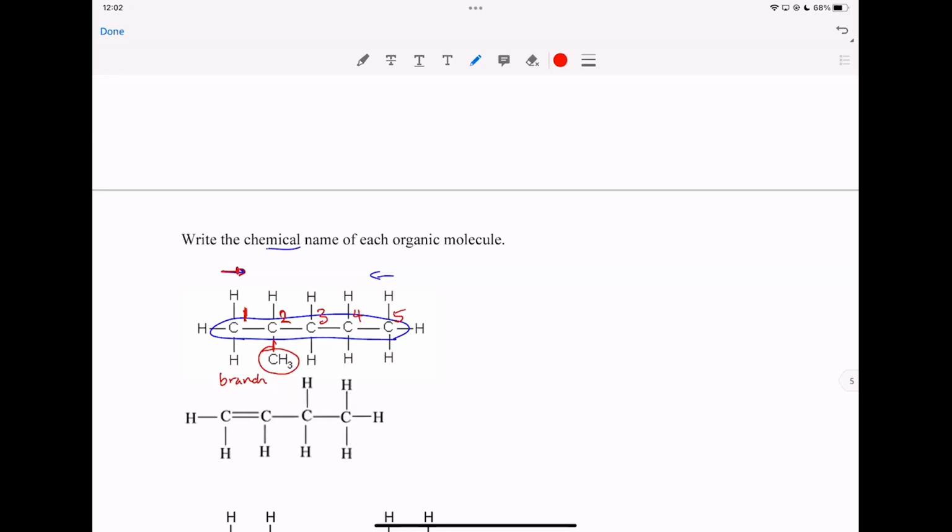The branch will then be on carbon 2, C2, because you chose this as carbon number 1 on the left side. If you had numbered it the other direction, this branch would be on carbon number 4. So you want the branch to have the lowest possible number. Okay, so going back up,